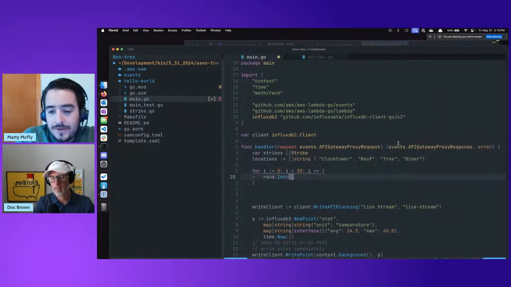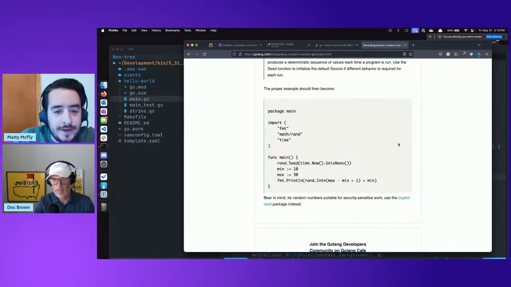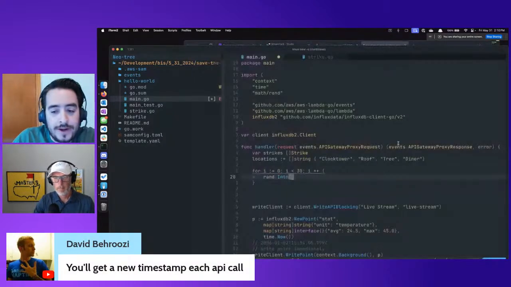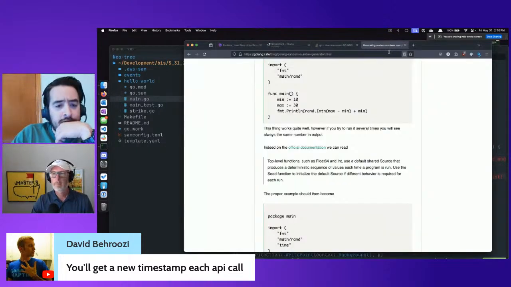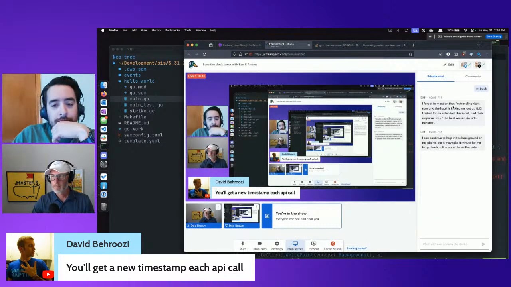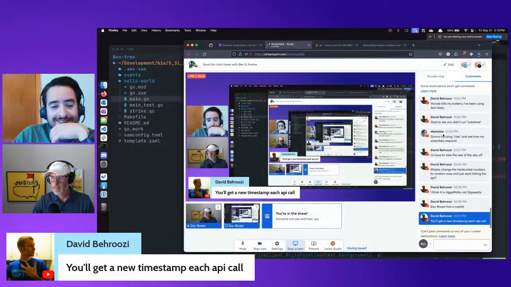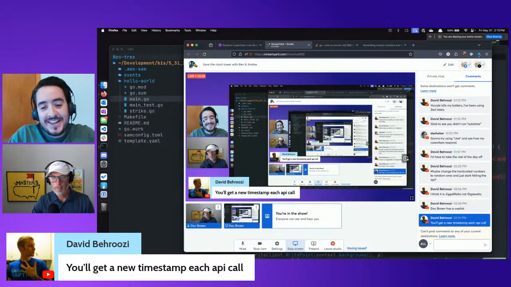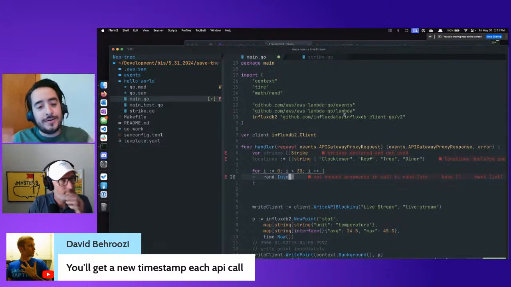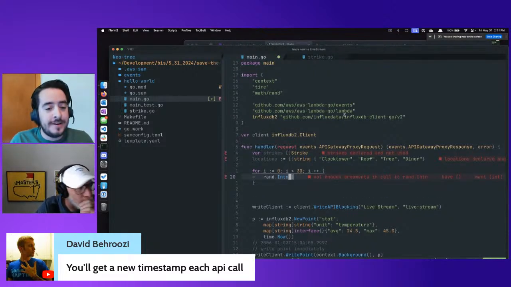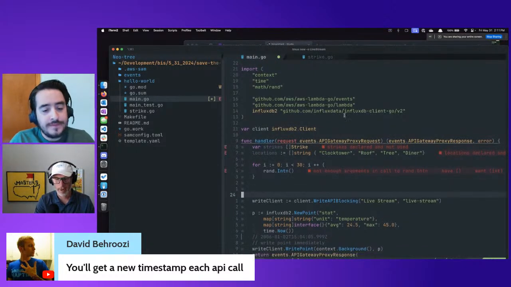You'll get a new timestamp each API call, so we don't have to do the random stuff. Each call just gets a new date. And you just get a time, just like we're doing right here.